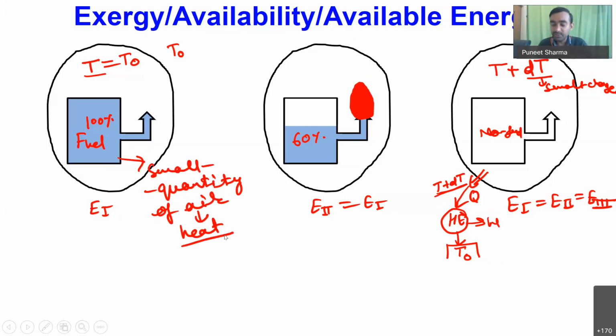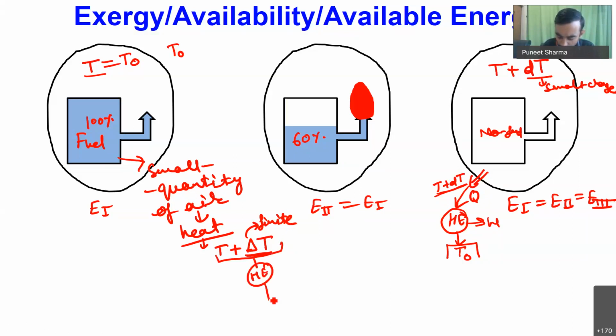So in place of infinite quantity, I will be heating a small quantity of air, which will reach a temperature of T plus delta T, where this delta T represents a finite temperature difference. Now by heating that small quantity of air between T plus delta T and our ambient, I can operate some heat engine, and that heat engine will obviously give us